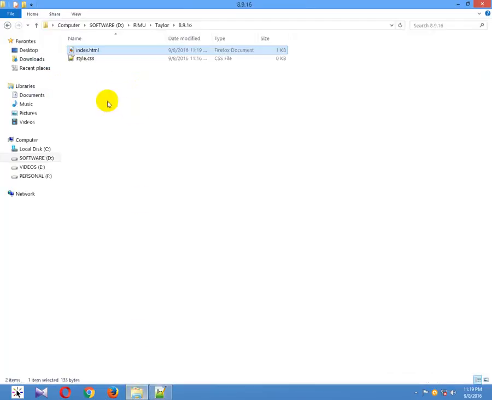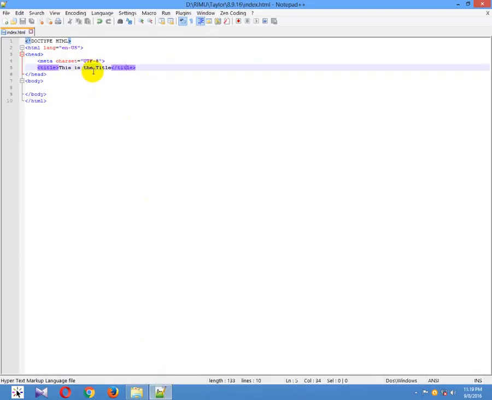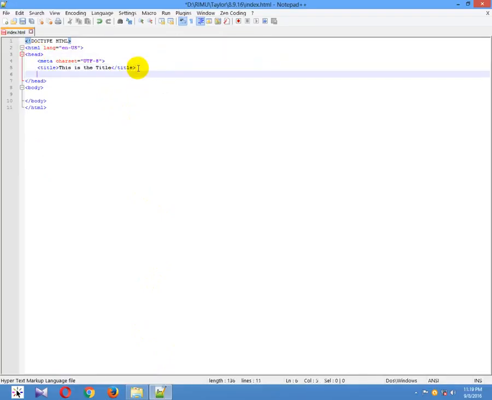And this style.css file I want to link here in the head text, so type here link.css, and go to the body text,